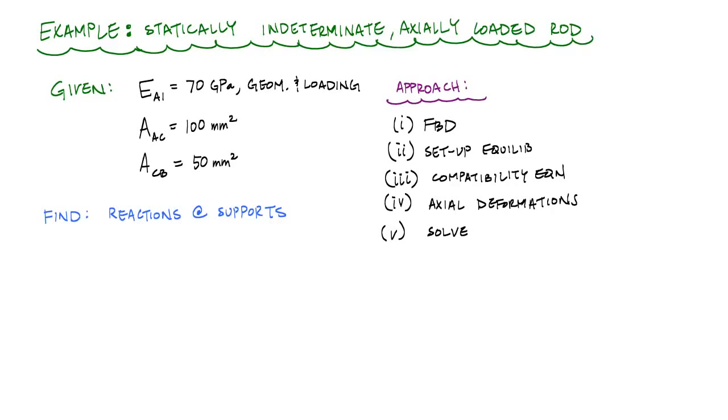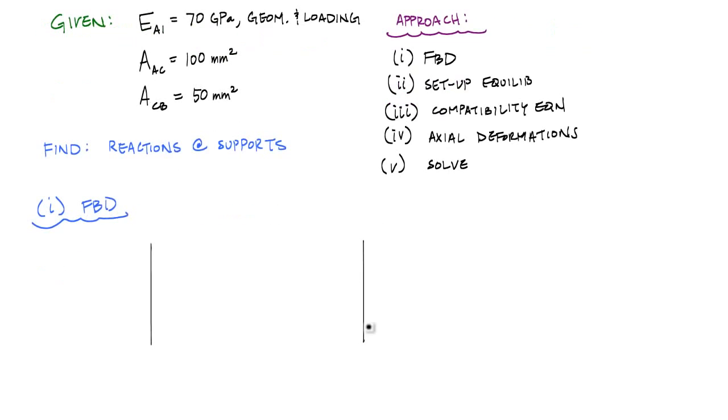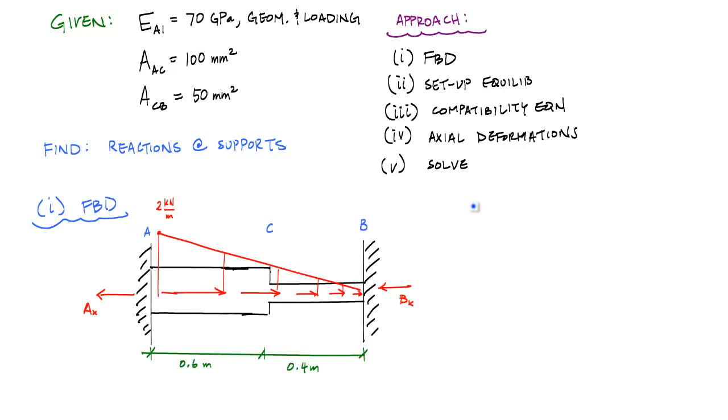So here's what the structure looks like. I'm going to call this my FBD. I'm going to have a fixed rod. Now we want to write out the equilibrium equation. And here, if I just apply some of the forces in the horizontal, I'll say positive is going towards the